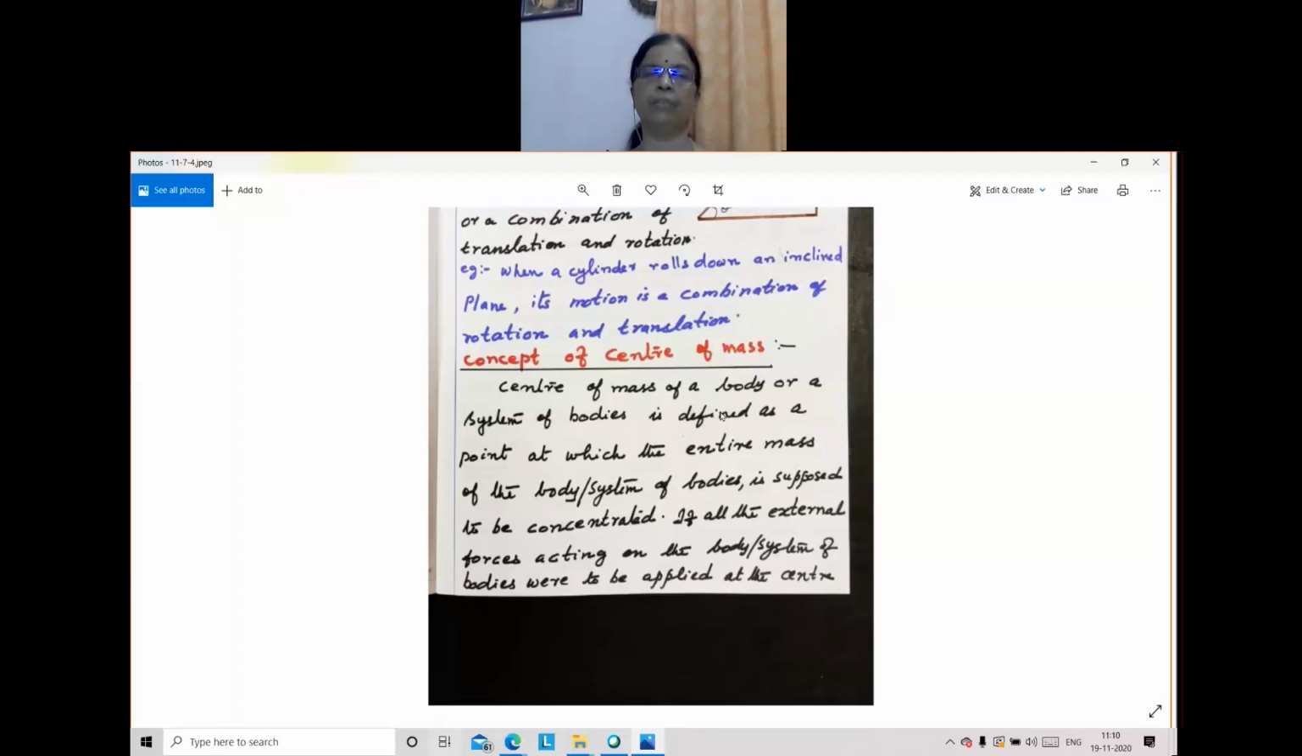Center of mass of a body or a system of bodies is defined as the point at which the entire mass of the body or the system of bodies is supposed to be concentrated, and if all the external forces acting on the body or the system of bodies were to be applied at the center of mass,